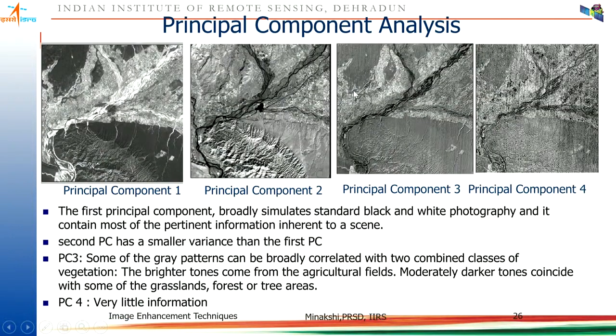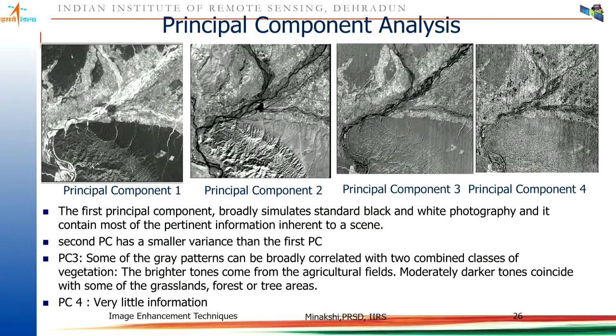Like for example, the satellite image which I showed you throughout, it had 4 bands from the LISS-II sensor, and we applied the principal component analysis technique. So I got 4 principal components. Now the principal component analysis technique will transform it into an uncorrelated data set. So the first principal component will have the maximum amount of information, right? And it will simulate a panchromatic imagery. The second principal component, which was orthogonal to the first principal component, as we have seen in the graph, has the next amount of information which is not there in the first one.